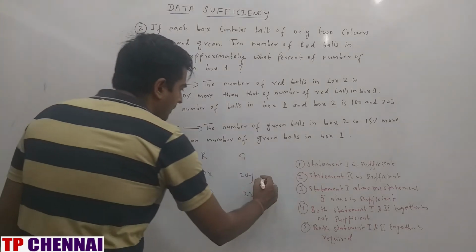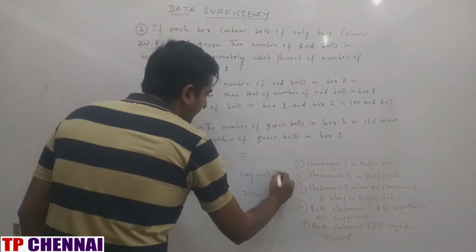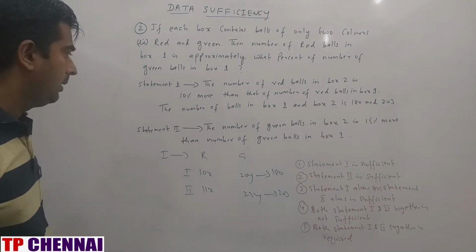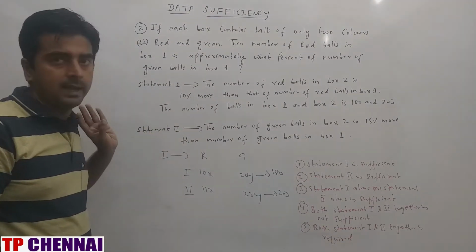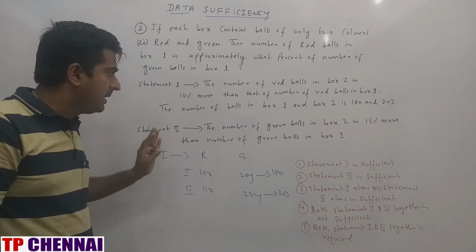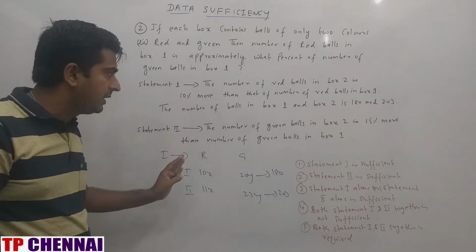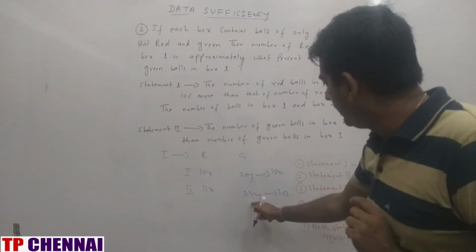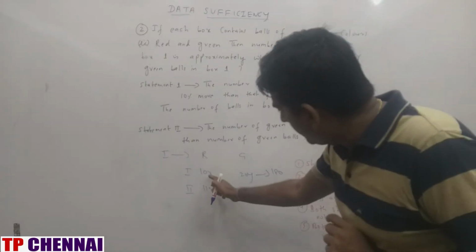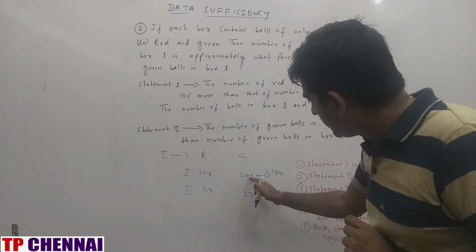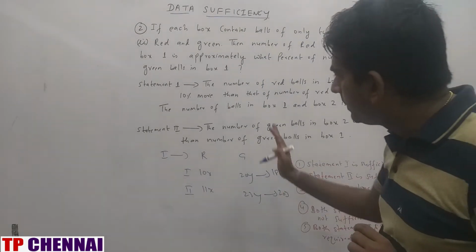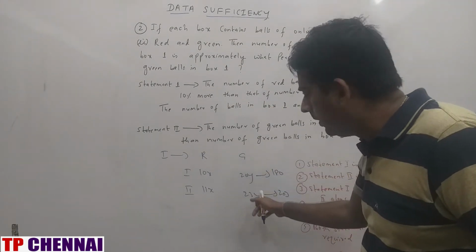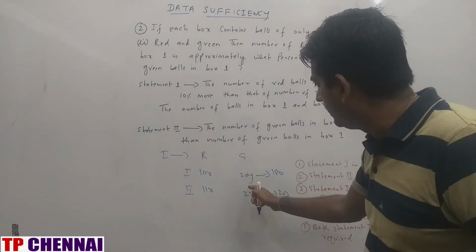So here you have 180, and here you have 203. Now, from the first statement you are not going to get the answer. Second statement: the number of green balls in box 2 is 15% more than in box 1. In the first statement they have given you these two, and in the second statement they have given you these two. So from the first statement alone you will not be able to get the answer. From the second statement alone you will not be able to get the answer,